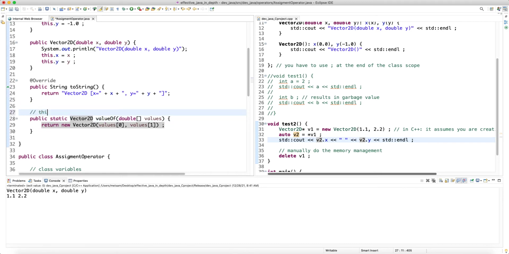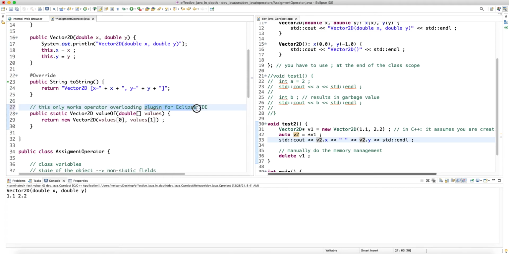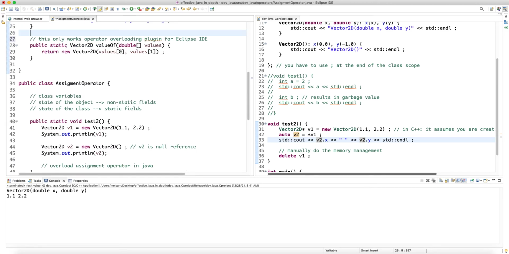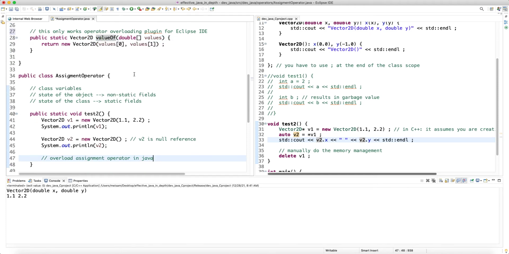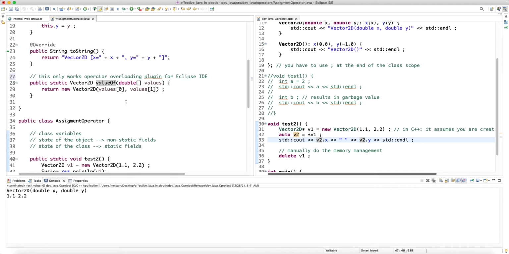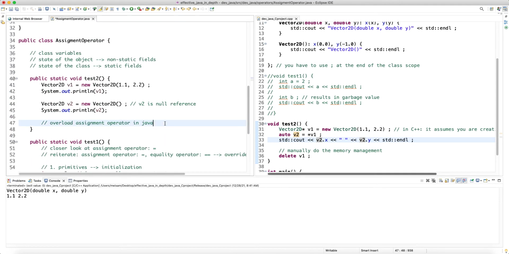Note that this only works for the Eclipse operator overloading plugin, for the Eclipse IDE. But if your IDE supports operator overloading, then you can figure out how to overload the assignment operator. In Eclipse, the way you overload it, or you tell the Eclipse Java compiler how to bind a call to the assignment operator for a particular class to the valueOf method, right? So now if I say